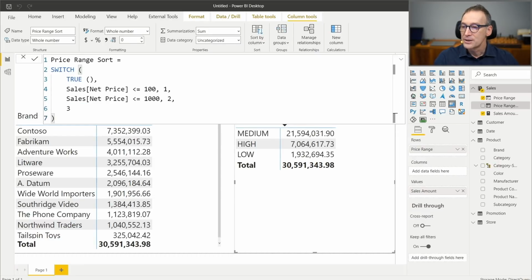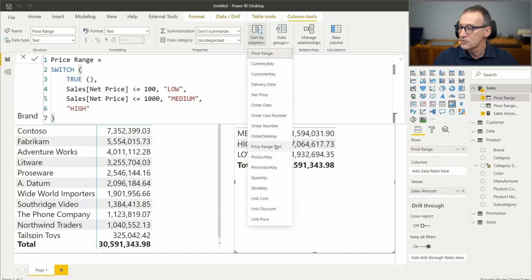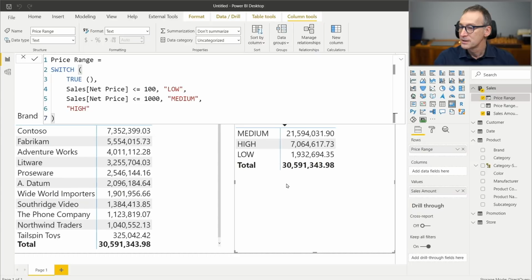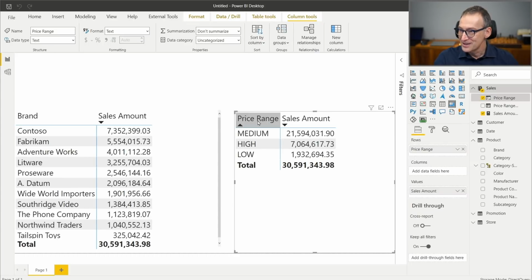I created another calculated column. Then I can go on the price range, use the sort by column, and sort it by price range sort. Now you see it shows if I sort by price range, low, medium, high, as I would expect. You can increase the analytical power of your model by adding new calculated columns if you have the